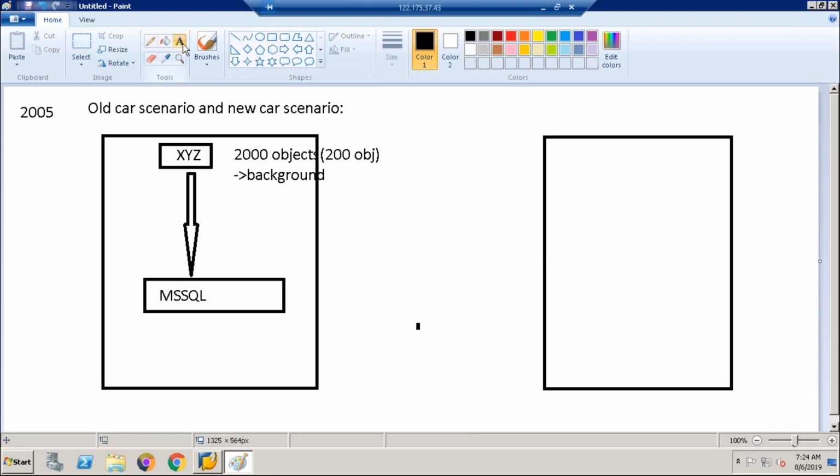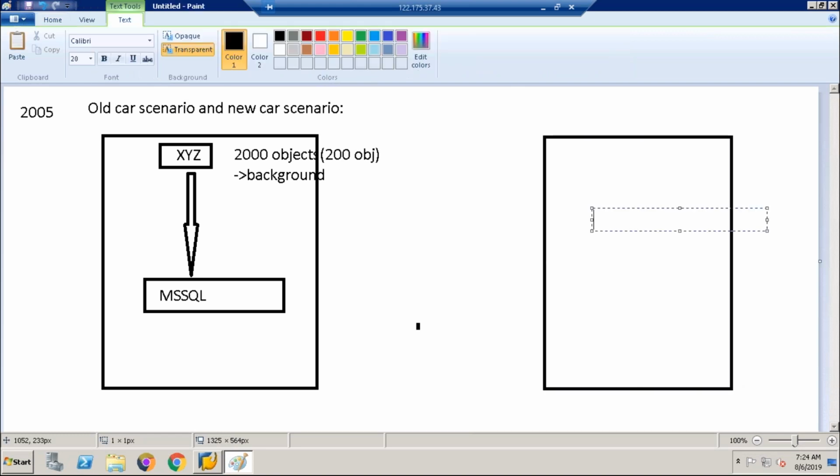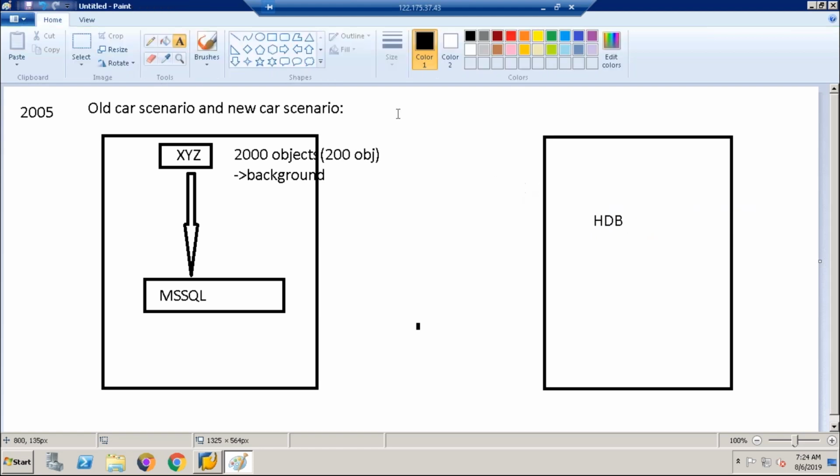Immediately they will not abandon MS SQL. So parallelly they will work with the MS SQL old database as well as the new database, guys.